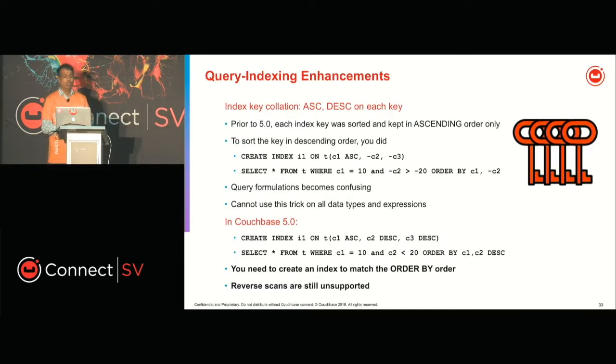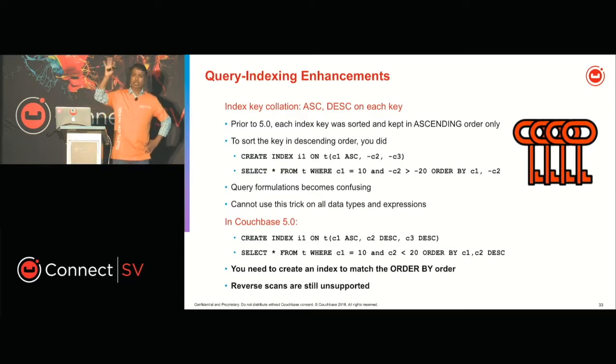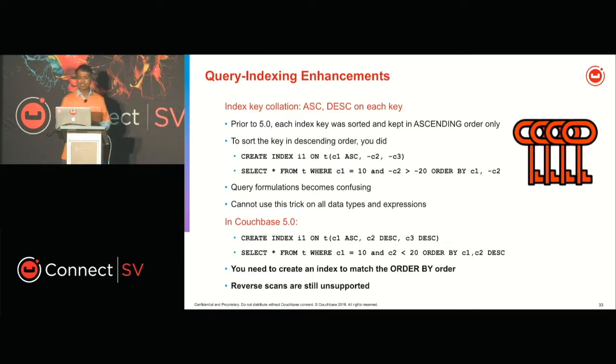Okay. So index key correlation. There are two things, right? When we talk about N1QL, N1QL has two parts. You saw the query processing engine as well as the GSI index, right? Just the query engine without the right index is not so useful, and just the index without the query is also not useful. So the query engine and the GSI work very closely, and the query engine does all the index selection and so forth. So I'm going to cover both the indexing as well as the query features in